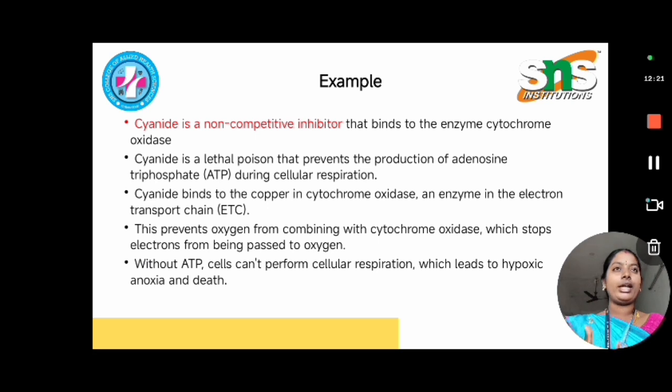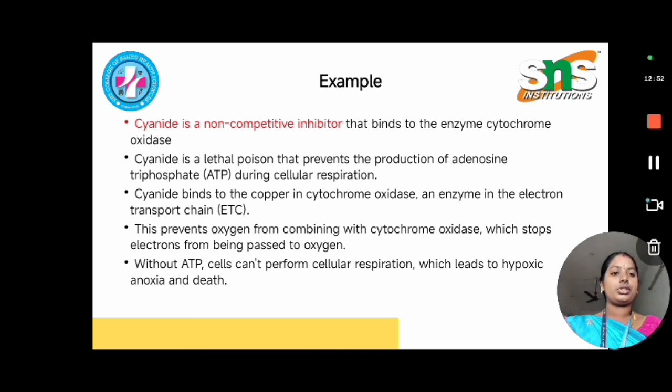So ATP is nothing but the energy. ATP, adenosine triphosphate, is regarded as the energy currency of the cell, which gives energy to our cells in cellular respiration. So when cyanide binds to the cytochrome oxidase, it prevents the oxygen and stops ATP production. So the last point: without ATP, cells cannot perform cellular respiration, which leads to hypoxic condition,